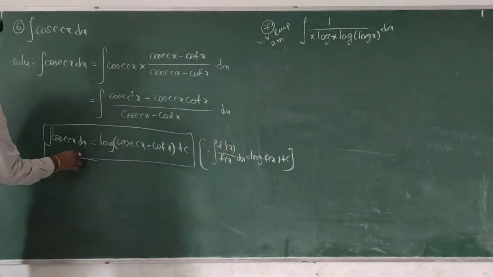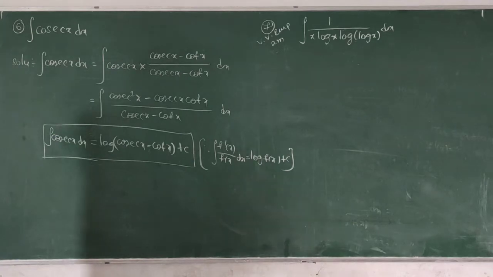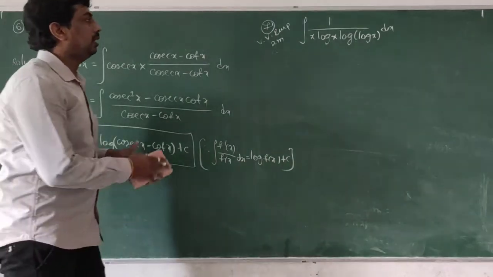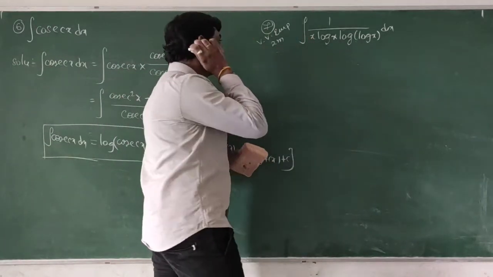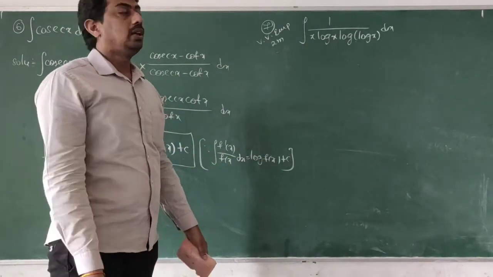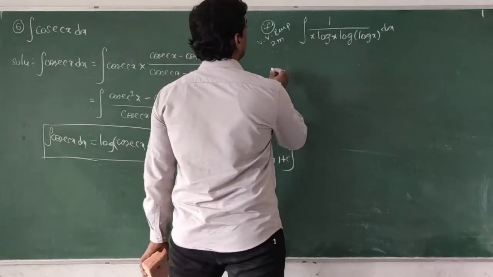So these are the four formulas which are most important. We can use them in the next problems also. What are they? Integration of tan x is log of secant x, integration of cot x is log of sin x, integration of secant x is log of secant x plus tan x, integration of cosecant x is log of cosecant x minus cot x. Understand? Now this problem has been asked many times in intermediate public examinations, nearly 4 to 6 times. That's why it is most important for a 2 marks question.